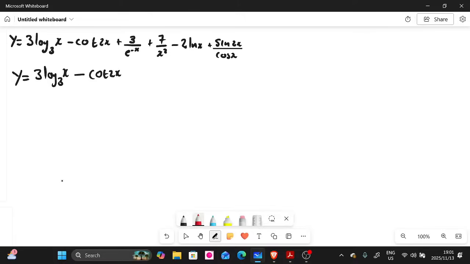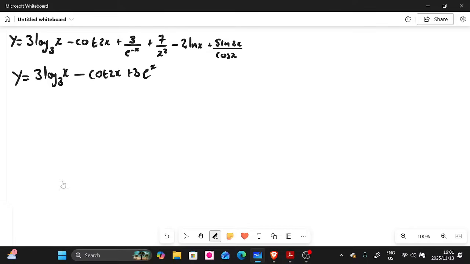to be simplified. You cannot differentiate with x on the denominator, whether it's an exponent or is the base. You cannot. So you need to take that e, which is the base of negative x, to the numerator. So first of all, we have 3 there on the numerator. If we take e to the numerator, it's going to be e to the power of x. The sign changes, becomes positive as the exponent there.